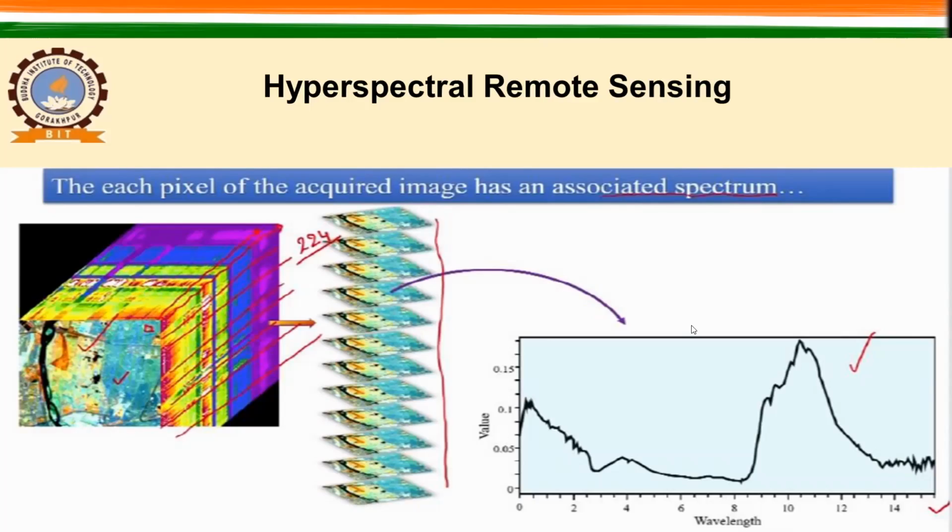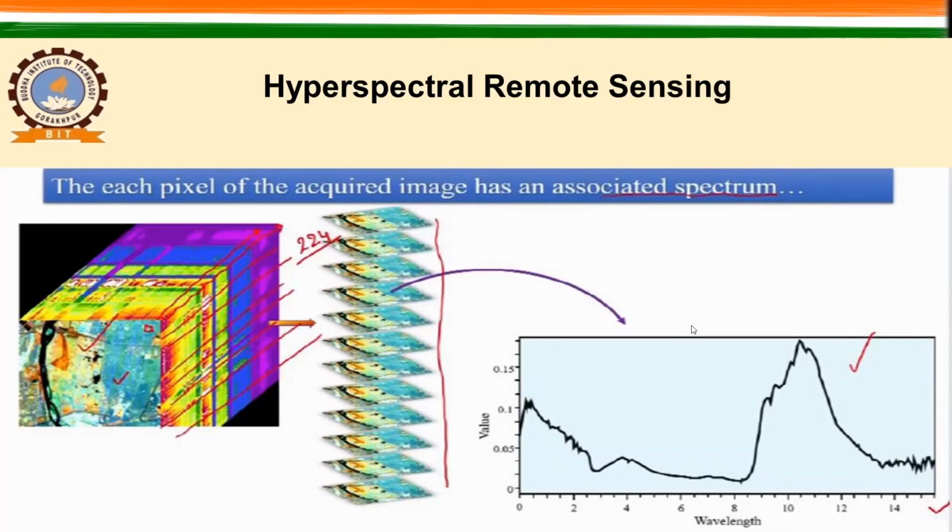Let us consider a case where we are using Hyperion data. Hyperion is a hyperspectral sensor. If you are using a Hyperion image, you will have 224 image bands. So for each pixel, you will have 224 values across the wavelength, starting from 0.4 micrometer to 2.5 micrometer. If you want to display this, these are the images, for example, stacked together in this case.